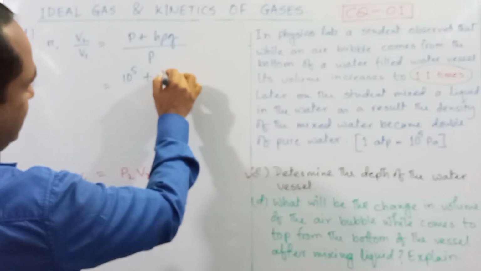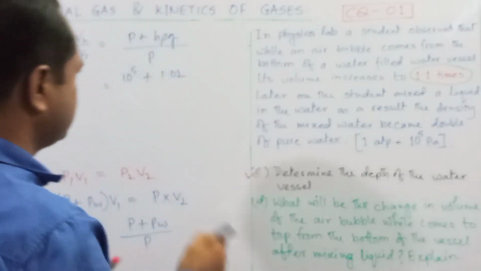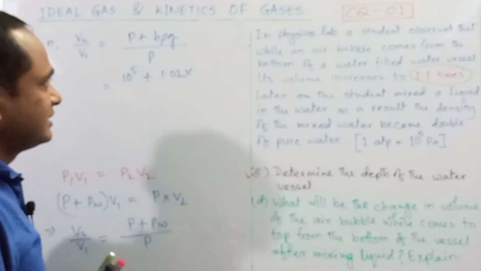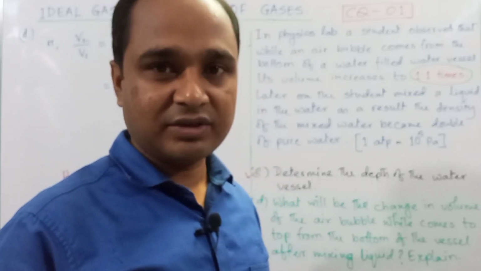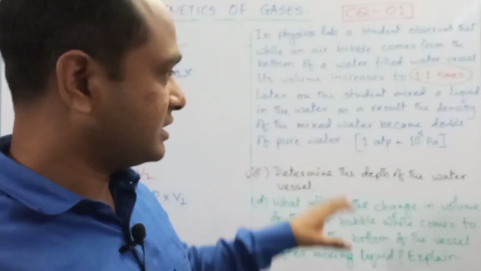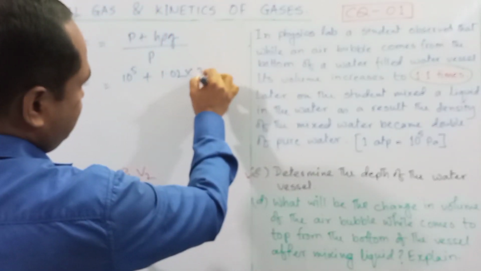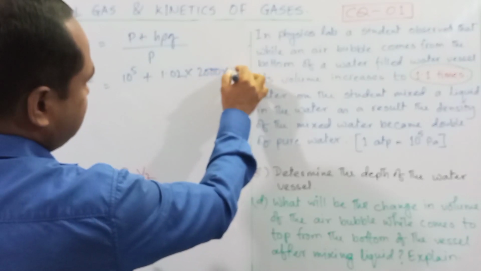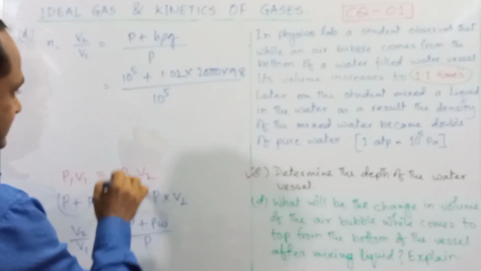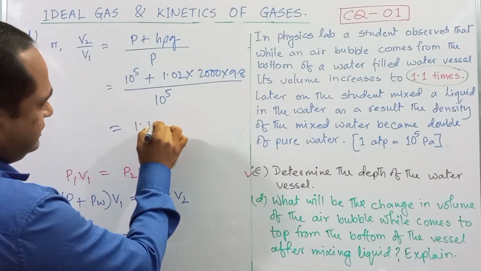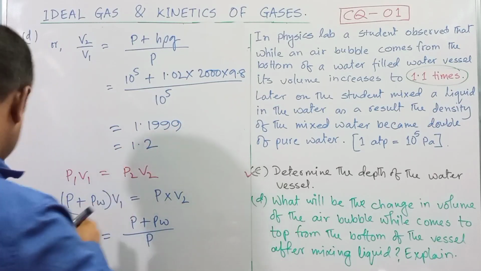So using the value of P, you know the value of P is 10 to the power 5, plus H. H is 1.02, which we have got previously in our previous calculation. Rho means density of the mixed water. You know the density of pure water is 1000, but that of the mixed water, they said, will be double that of the pure water, so it will be 2000, and G is 9.8, divided by P, which means 10 to the power 5. Okay,